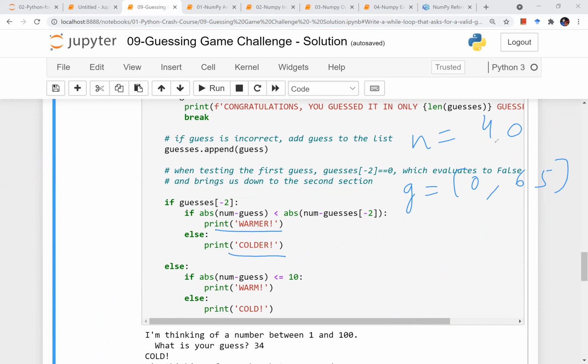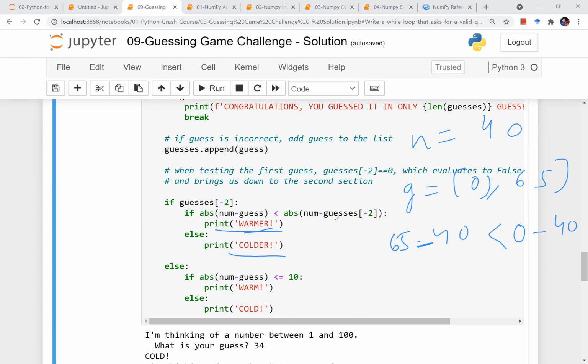I want him to guess my number. I'm using absolute just for removing the minus sign. If the difference 65 minus 40 is less than the previous guess's difference, and in this case there is no previous guess, so it is 65 minus 0 minus 40, right? It is not lesser than, so I will not print warmer.